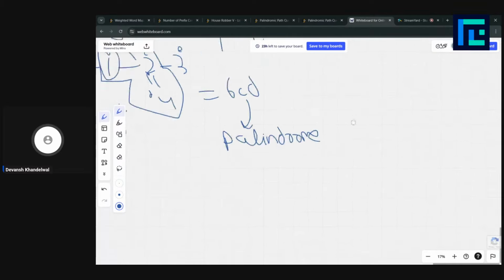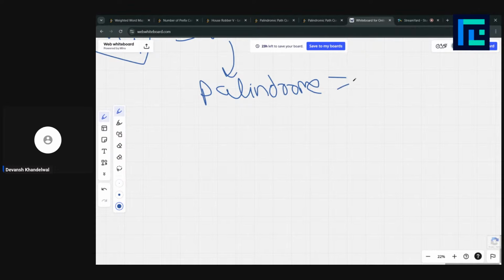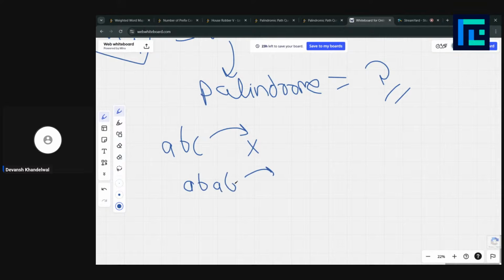When is a string palindrome? When is a string palindrome? Let's say this. Can this be rearranged to a palindrome? No. Right. Can this be rearranged to a palindrome? Yes, we can. Right. A palindrome is a sequence where these two characters and these two characters are the same. If we read it from first to last or last to first, this would still be the same, right? This is the property of a palindrome.